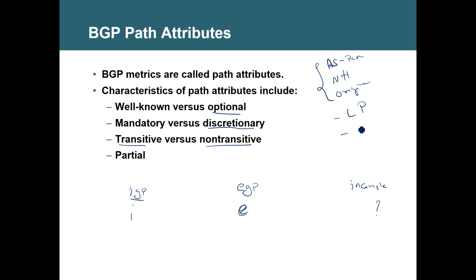We will also be seeing another attribute called multi-exit discriminator, MED, that comes under optional non-transitive. Now what is optional? Optional attributes are the ones which are not necessary to be seen in all updates.